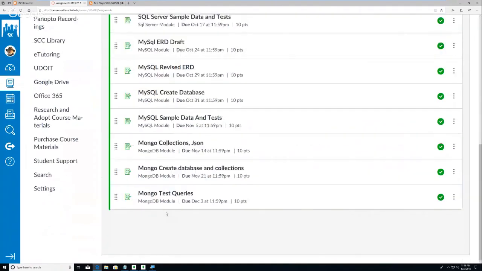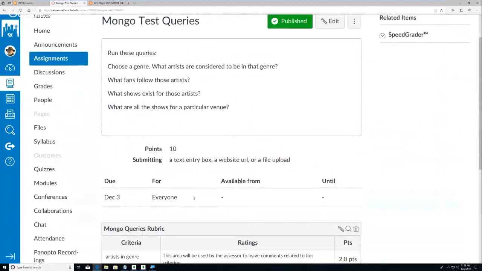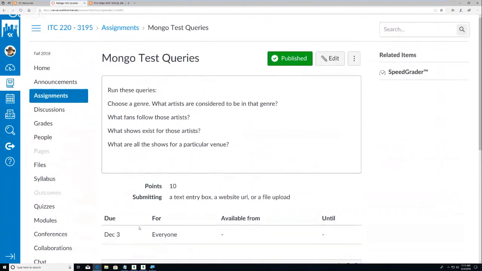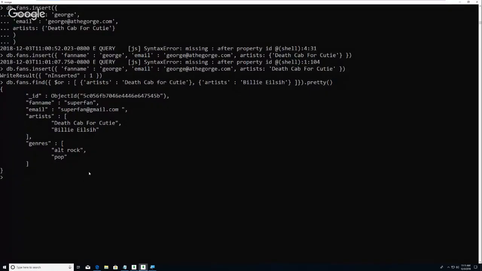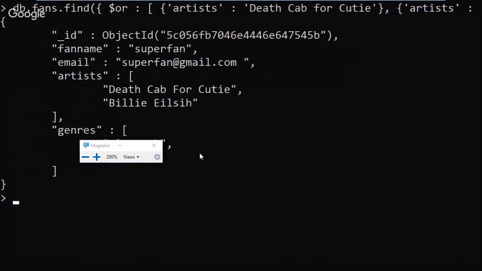I did not expect it to have quite so many errors today. So we look to see what fans follow those artists. You can probably figure out how shows follow the artist, right? Do you have an idea? Is any of this making sense? So if I make it big again, all right, so we want to know which shows have those artists. We kind of did that, but let's do